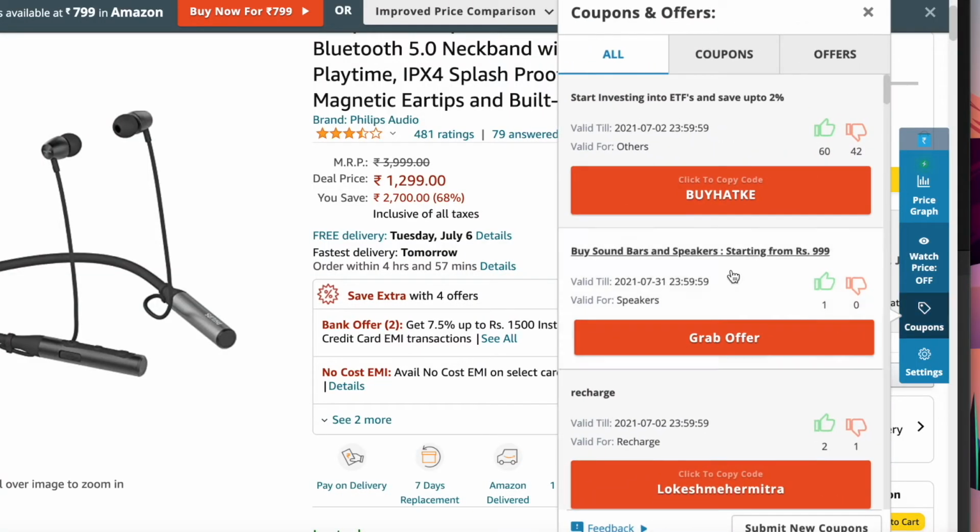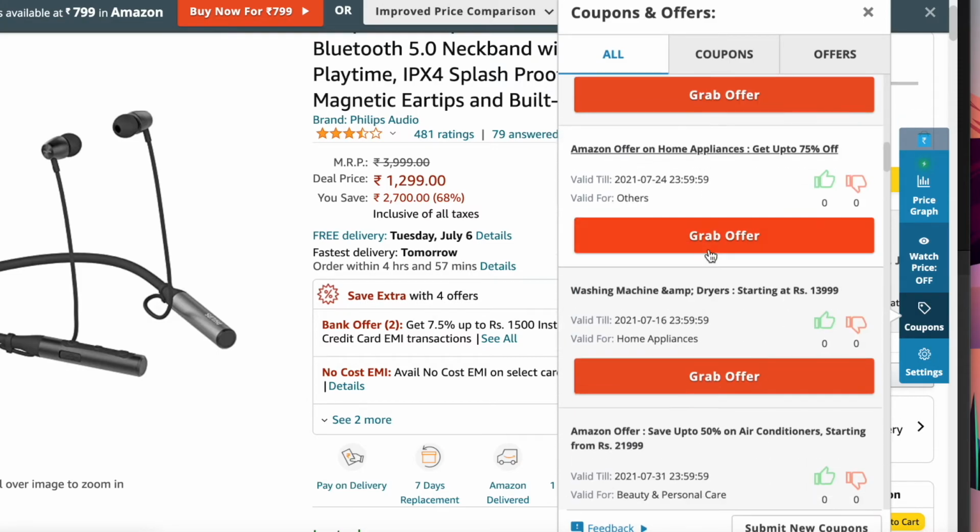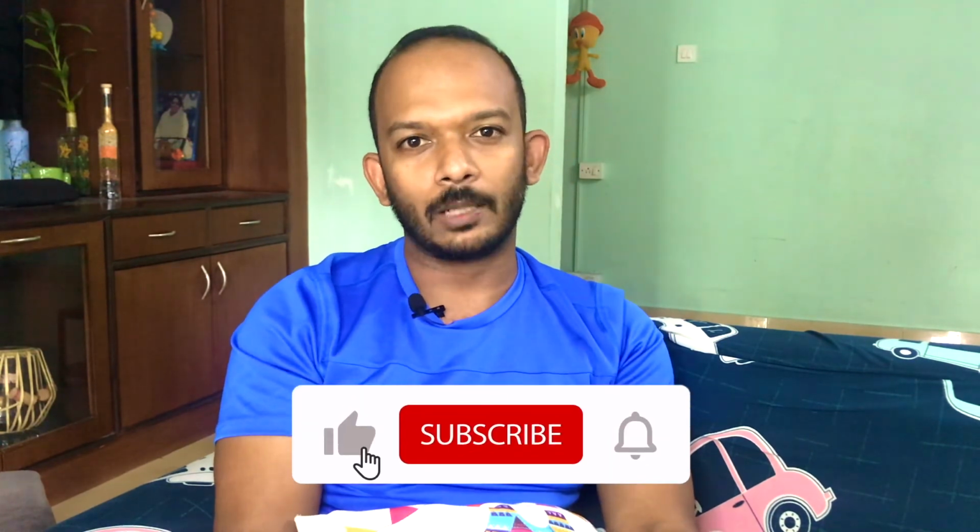Apart from the pricing graph, this will also give you some coupon suggestions which you can avail to get some extra discounts. It will also give a comparison between the prices on various platforms like Amazon, Flipkart, Paytm, Myntra, etc. So use these plugins to save a lot of money during your purchases in the coming months. I hope it will help you a lot.